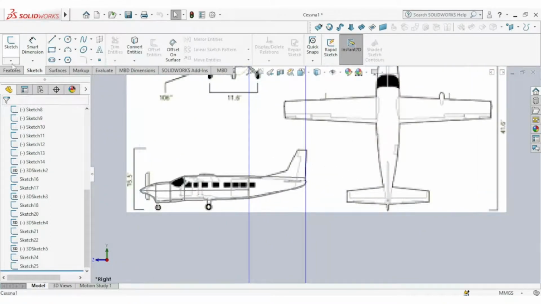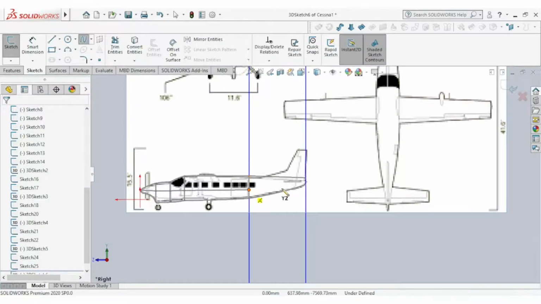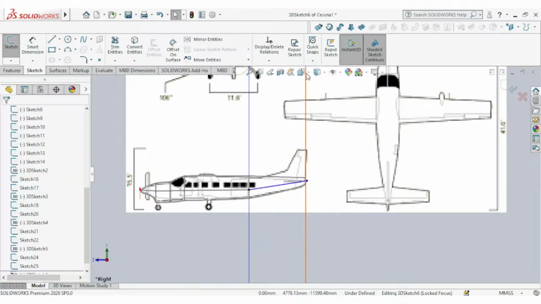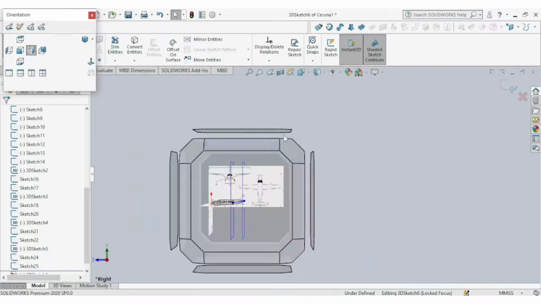Okay, and then 3D sketch. Press space bar.